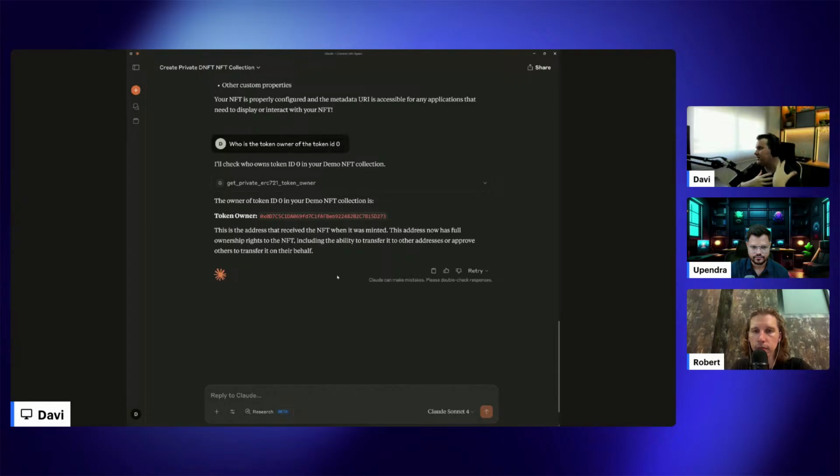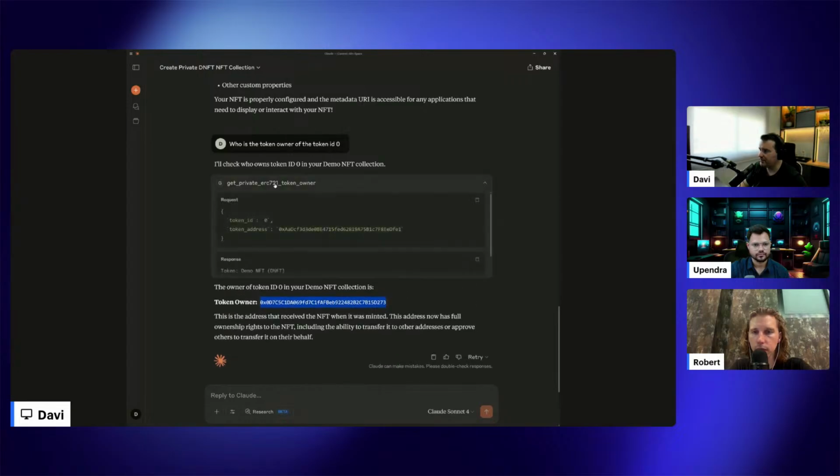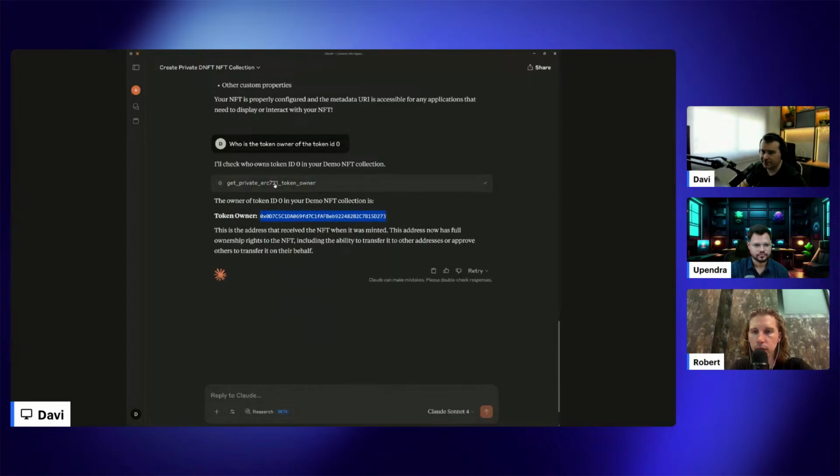And that makes sense because it's a private token, and the same happens with the NFTs. But in that case, the metadata is the most important information to be encrypted. So okay, this is the token owner. That's correct. It's my account. So I'm the token owner of the token ID 0.